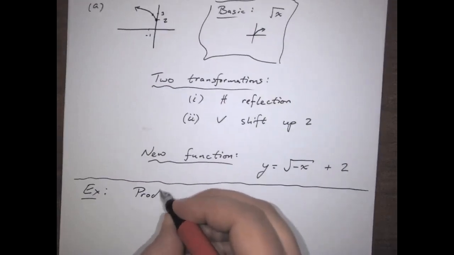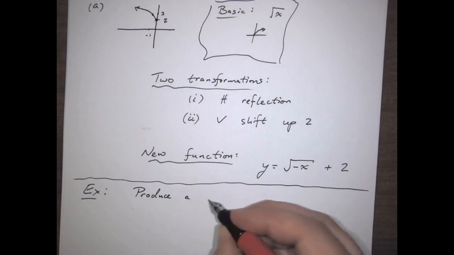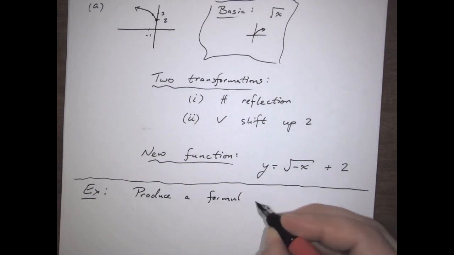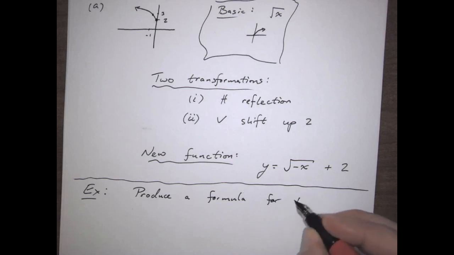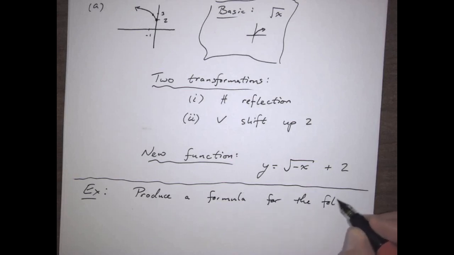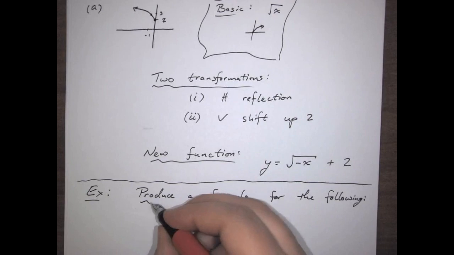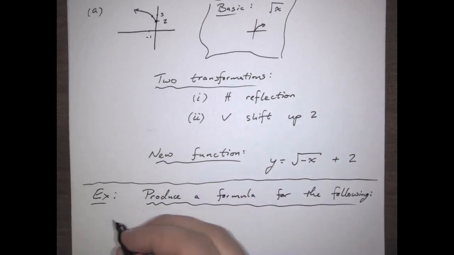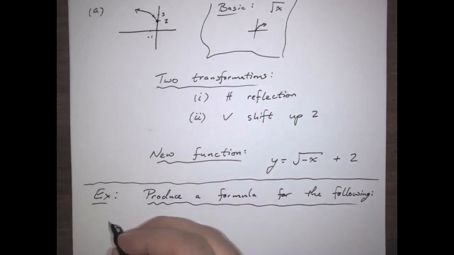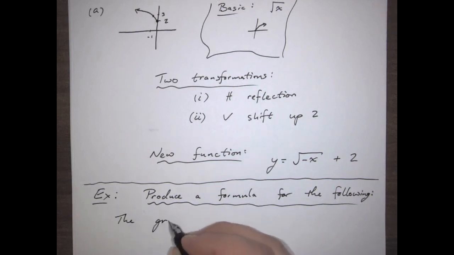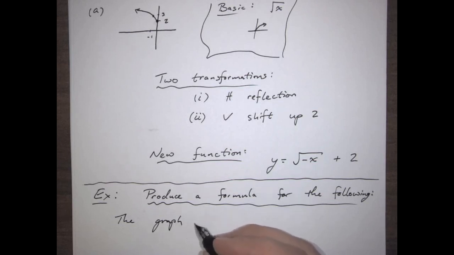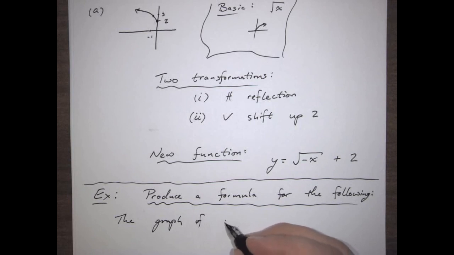Produce a formula for the following. The way this is going to work is you'll be given an original function and then some transformations. The graph of f of x